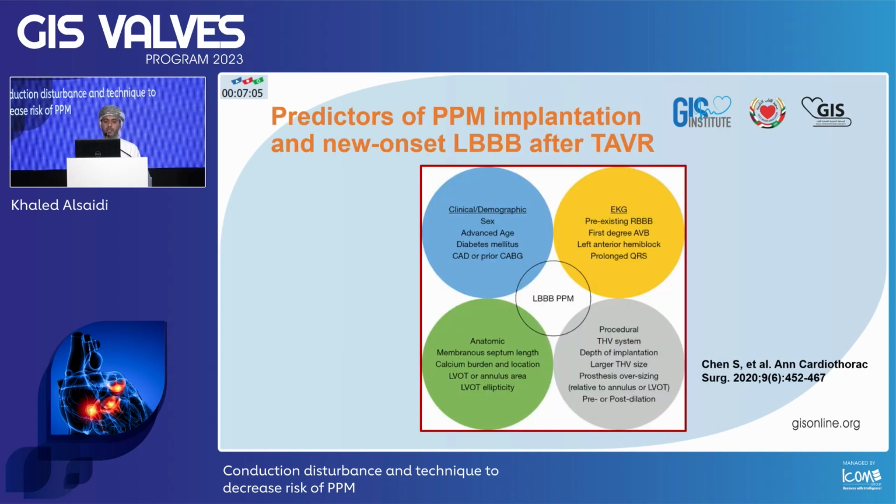Talking about the predictors, they are many, but the most frequently cited is the pre-existing right bundle branch block. But you have so many other ECG and clinical demographics, especially age and male patient. You have, of course, the procedural, especially the type of valve and the implantation depth, also oversizing, pre and post dilatation. And anatomical, you already heard about the membranous septum length and also the location and distribution of calcium, because I showed you in the CT the relationship between the conduction system and the